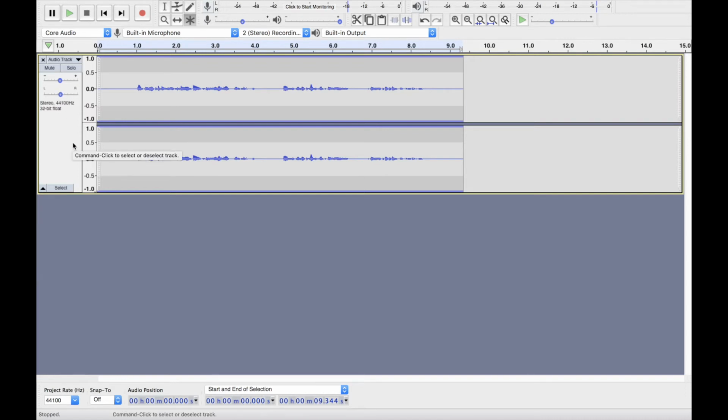So that's pretty much how you record your audio. That's sort of the basics of it. But how do I listen back to what I just recorded? So going back up here to the top left, we talked about these buttons a little bit